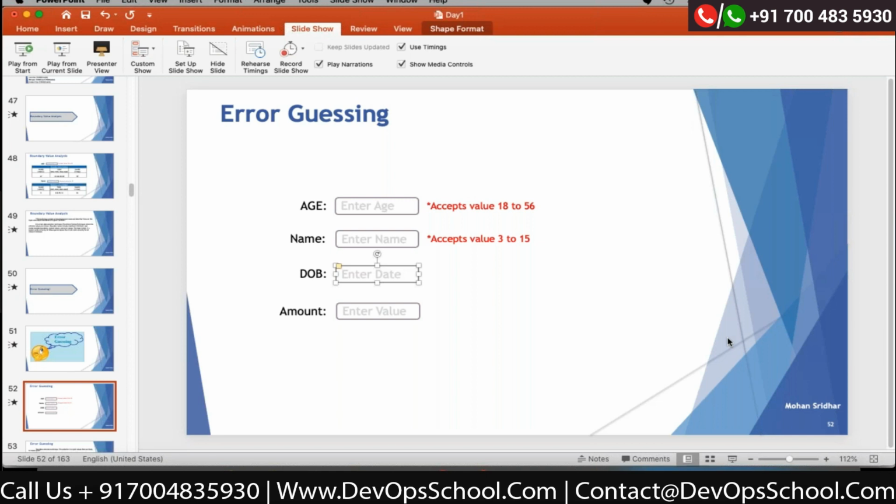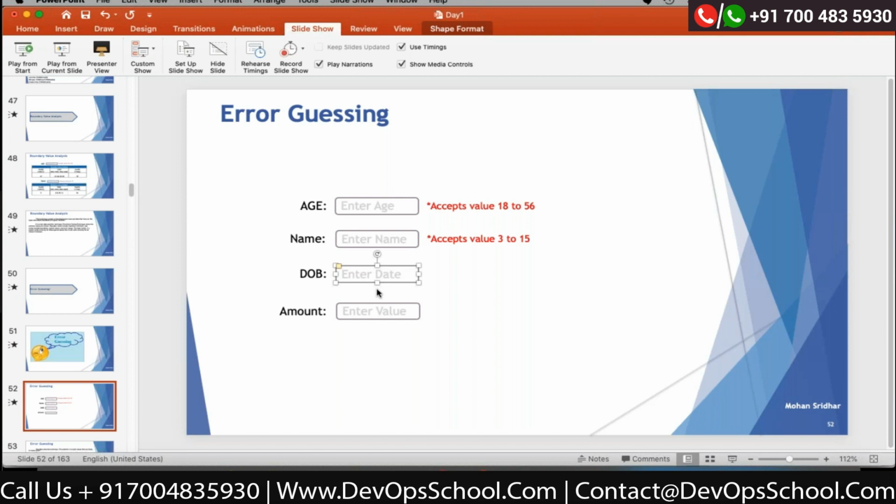Sometimes we can give suggestions if it accepts only ages over 18 years. In some applications, in the registration form, we cannot select a date of birth less than 18 years. They stop entering invalid values in the calendar itself.